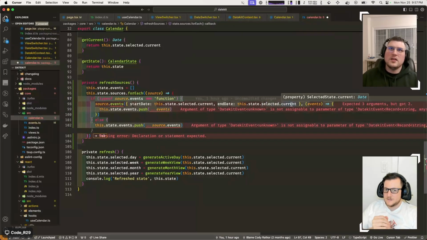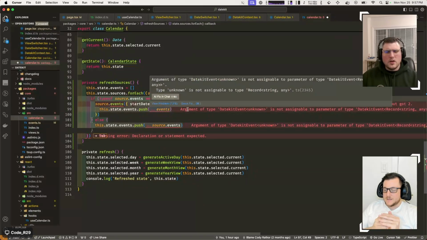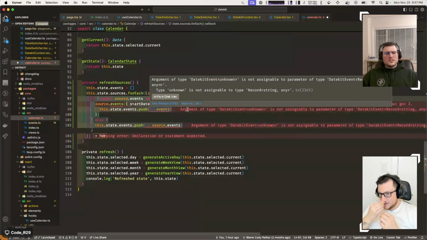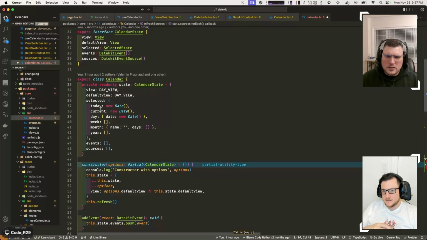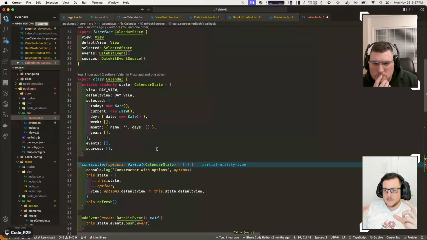Do we want the end date to be the same? No, this would be... Oh, because if it's day view, then the end date is the current. If it's... okay, this is where we need to know the view. Scroll back up. Yeah. You have today current, and from there we also have the view. So we might need to maintain what those boundaries are,